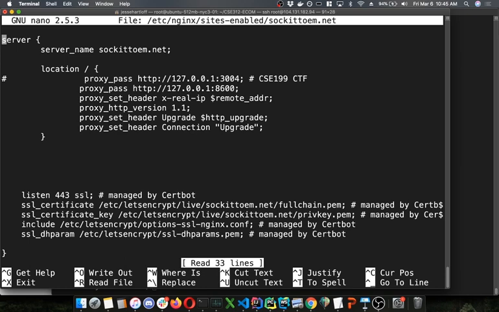So I have this configuration file on my Nginx server, which is the load balancer. I have a lot of apps running on the same server. So I have Nginx taking the requests, listening on ports 80 and 443, and then forwarding those requests to different local ports. So I have this sockettoon.net mapping to port 8600, which of course is the one that I chose to publish my app on. So that 8600 local is mapping to the 8000 inside the container. So now when I go to port 8600, I get my app,